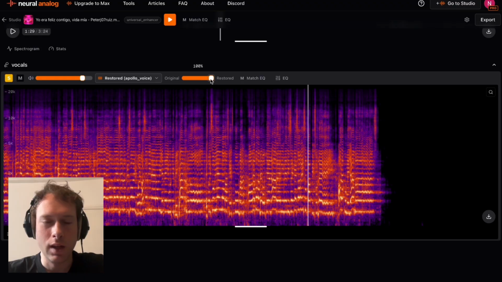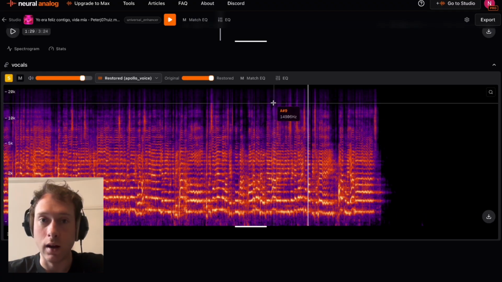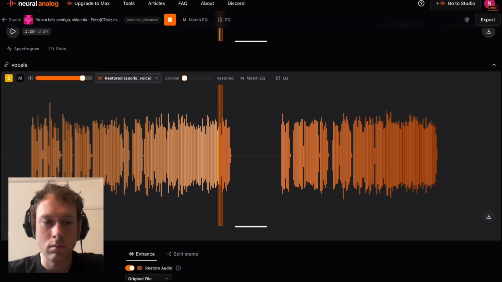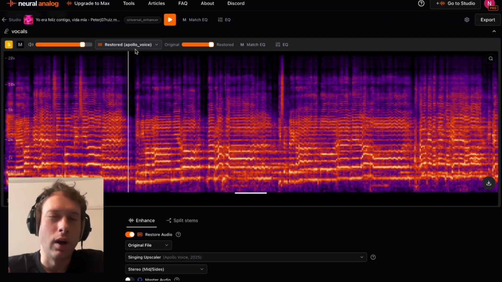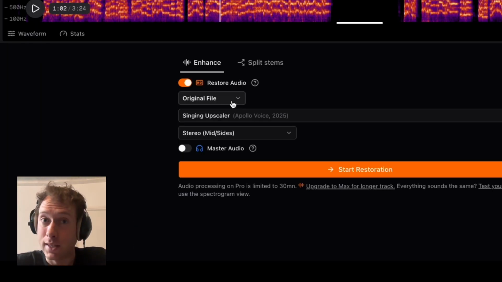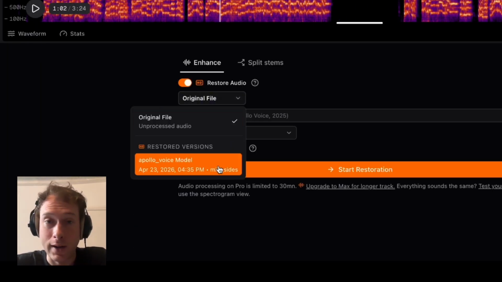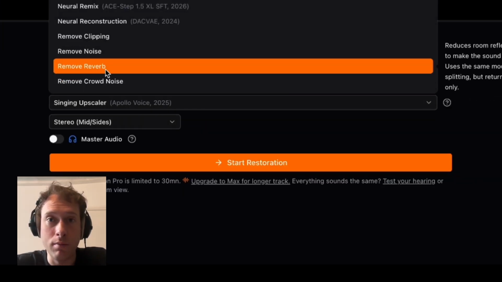This will let us push the quality of the vocal stems just a little bit further. Okay, it has finished running. If we look at the difference between the spectrograms, we can see that this is very subtle, but it did add some frequencies in the low end and the high end. So a little bit of difference, but honestly not by much. But what I wanted to do actually is to remove the reverb of this voice in order to better mix it. What I can do now is to select the restored version right here and then select here remove reverb